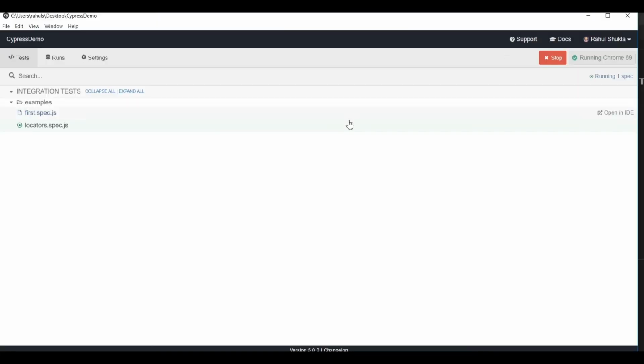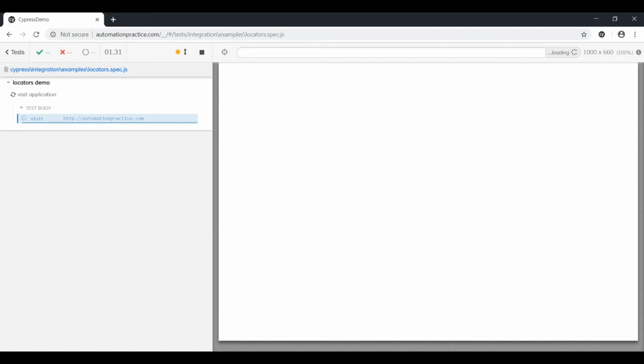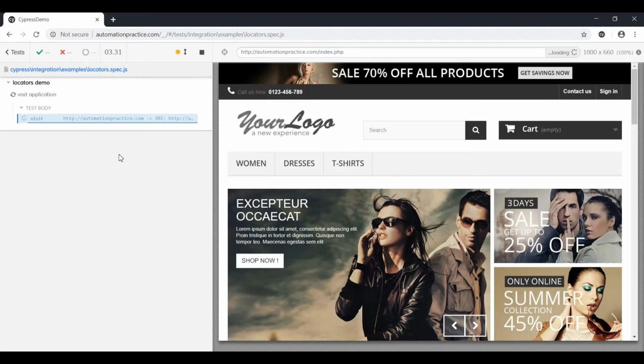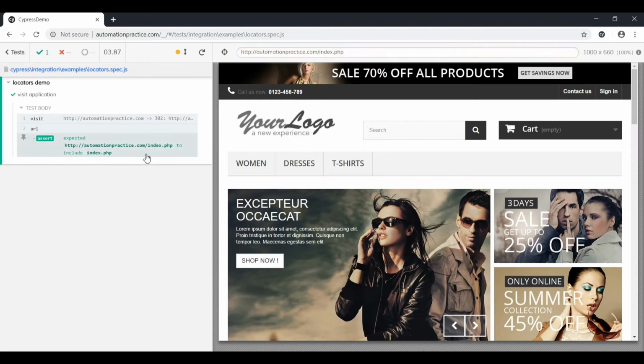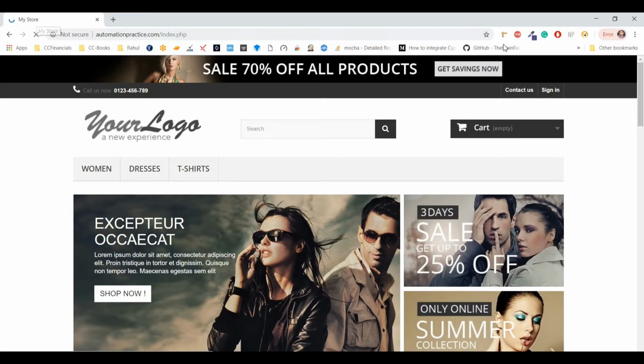Okay, let me assert the URL part. I'm copy pasting some code to save time. Okay, so I've asserted the index.php should be there in the URL. So first assertion is passed, and let me add one more assertion here,